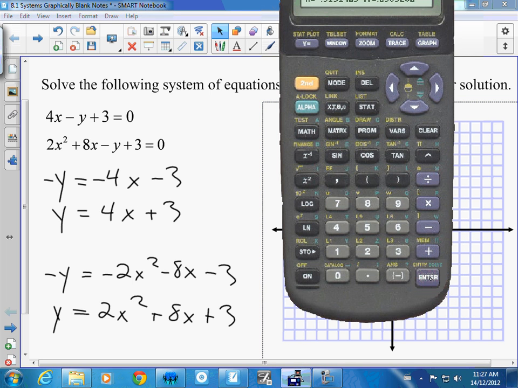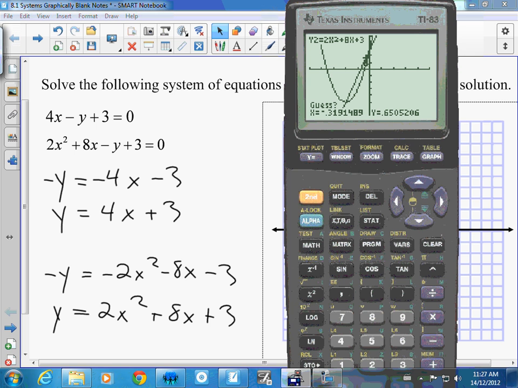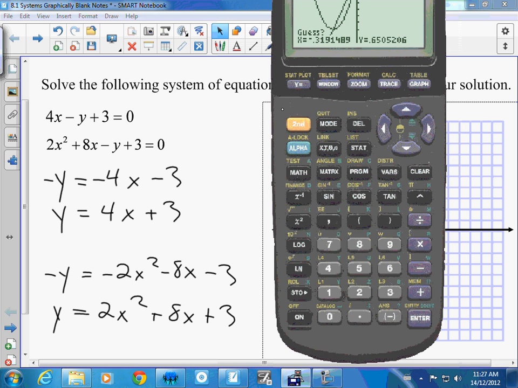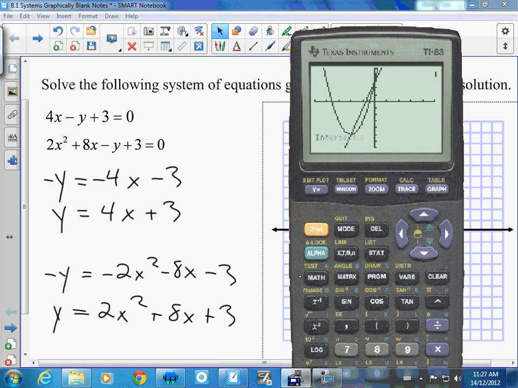Now, it always comes up as a guess. The reason they put that in the calculator is they actually want you to think about what your answer is going to be before you actually press the button. Right? Now, looking at that graph, what do you think a reasonable answer to that top intersection point is? 0 and 3, 0 and 4, 0 and 2.5, somewhere in there, right? So hit enter and see what we get. Enter. We get a point of intersection of,